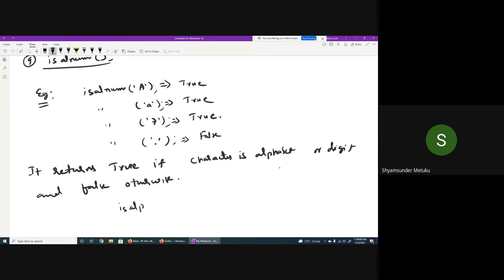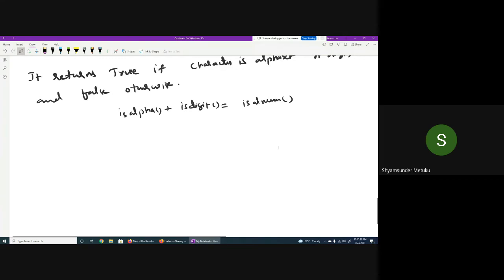Is alpha actually. There is a is alpha there. That is there in the first one only, right? Is alpha plus is digit is equal to what is this? Can I write is all numeric? Yes or no? So either you use both or use a single one. So anything is okay. Now I'm trying to tell you the character.